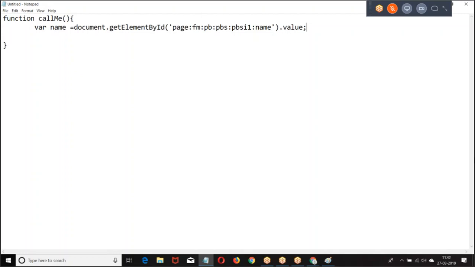Page, form, page block section item name dot value. Then similarly for age: page, form, page block section item 1.